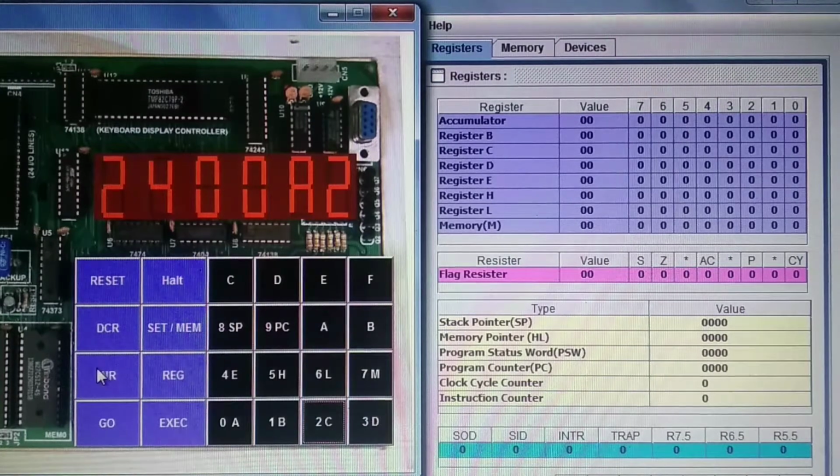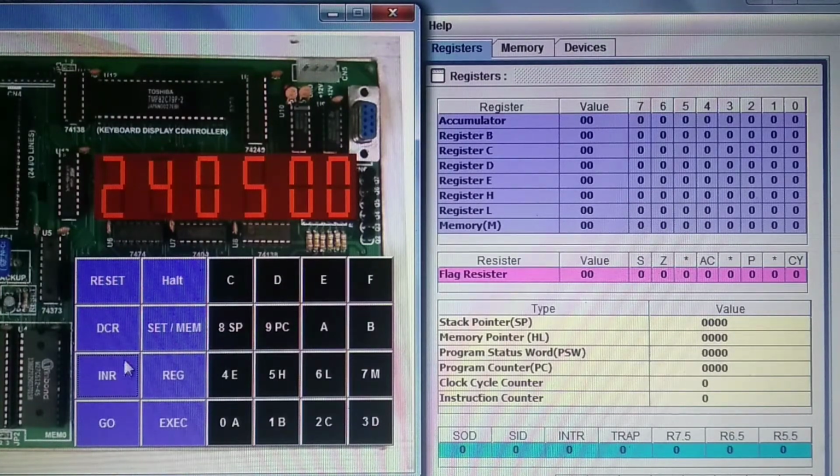A2. Increment. D9. Increment. D9. Increment. 06. Increment. D9, and increment. Here we enter the data.